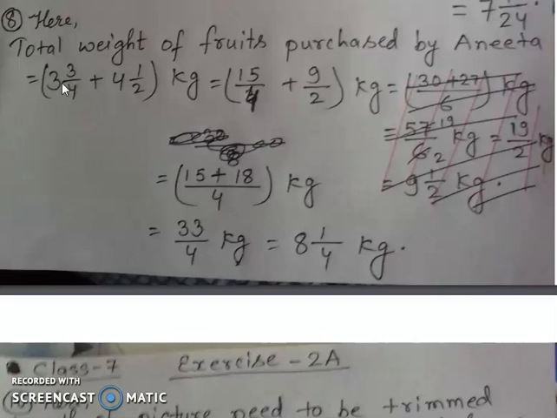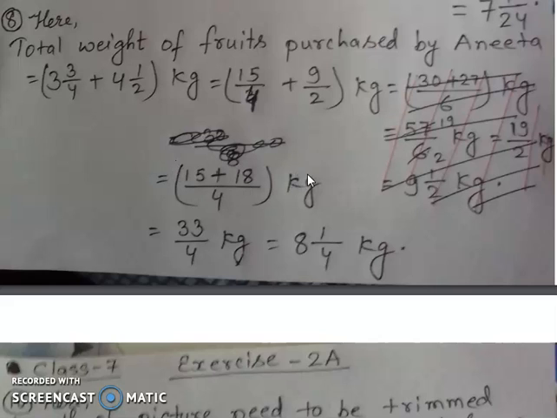4 it will be. By mistake, it has been written 3. And 4 2 by 8 plus 1, 9 by 2 kg. Why am I not matching? Because I am revising when I am explaining to you. I thought that if there is any confusion while I explain, it will be carried on.